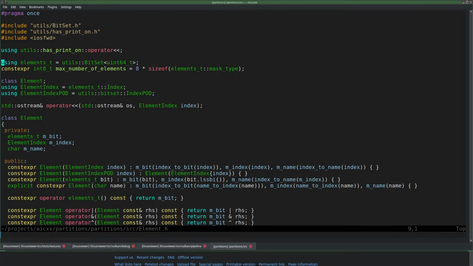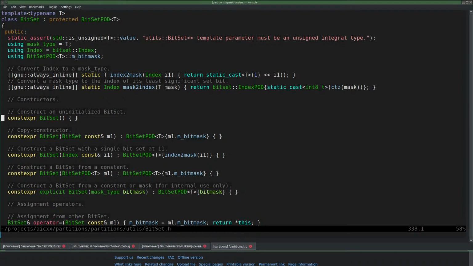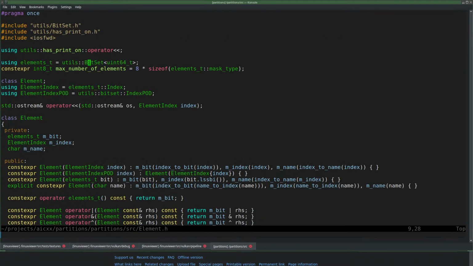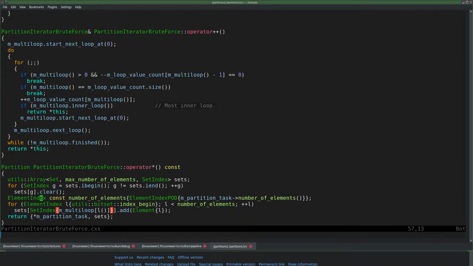Now here I have vaguely something. So we have a utils bit set and I'm using an index of that. The bit set having an index being a bit set index, okay. And this seems to be a for loop then.